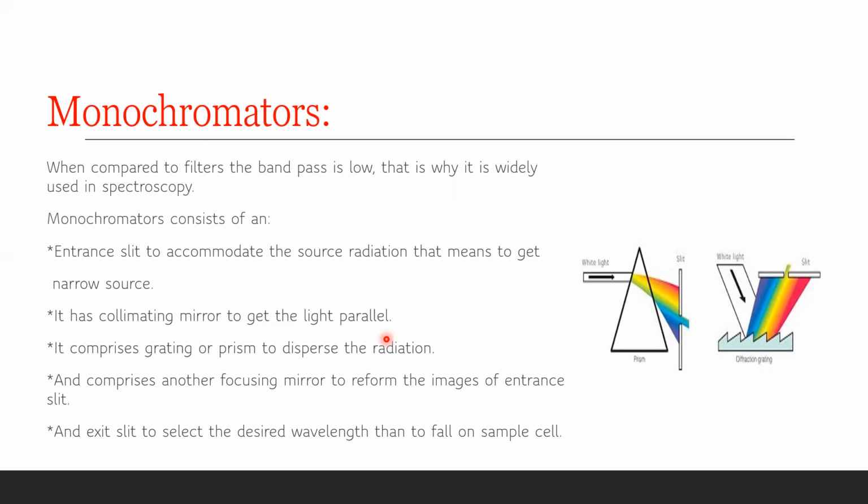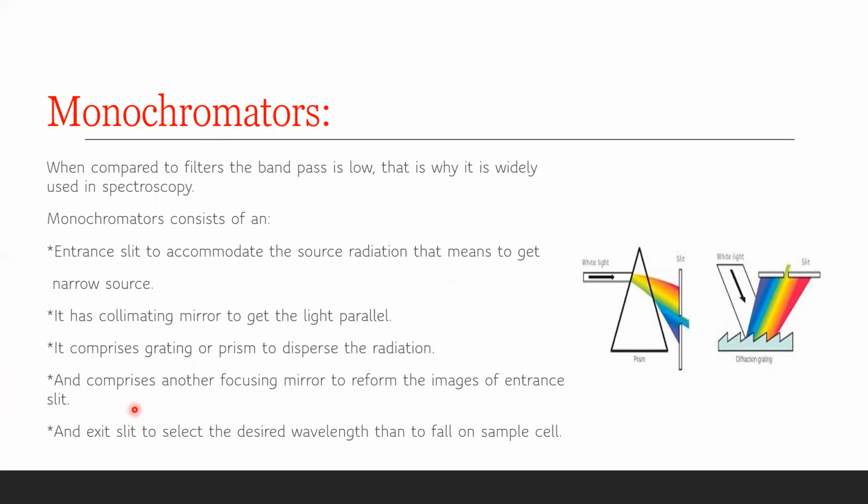For that purpose, we are using a collimating mirror in these monochromators, and it comprises a grating or prism to disperse the radiation. So for dispersing the radiation, these monochromators contain gratings or prisms,